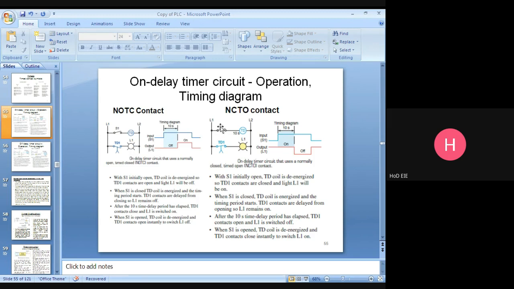Here you see this contact closed. This will be energized and starts counting 1 second, 2 seconds. After 10 seconds, this will open and this bulb will be off. For the bulb glowing, time delay is there. For the bulb off, time delay is there. Both things will be switching action. S1, S1. Got it?